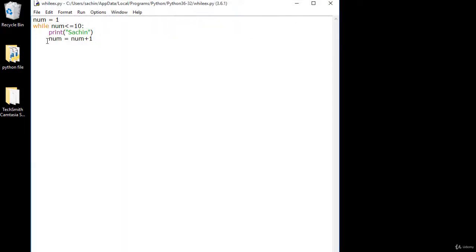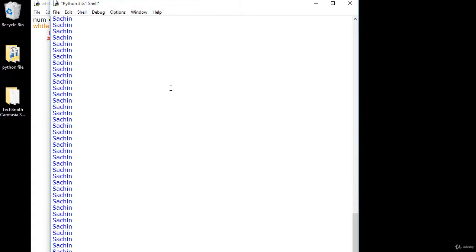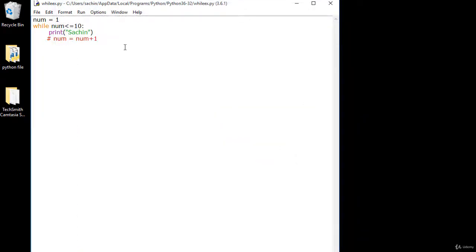Similarly, if I leave the num increment commented out and just print, what happens? It will not terminate anywhere. Even if you wait a day, two days, or a whole week, it will not terminate. It will just loop and print your name many times. This is an unrealistic approach and I want to kill the operation. So what we have to do is set the condition where we will terminate our while loop.